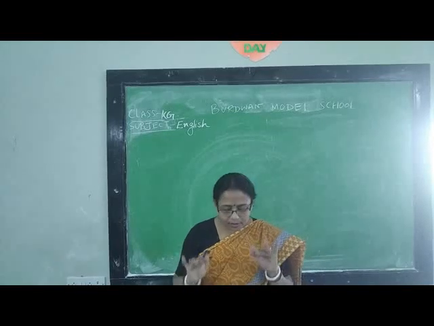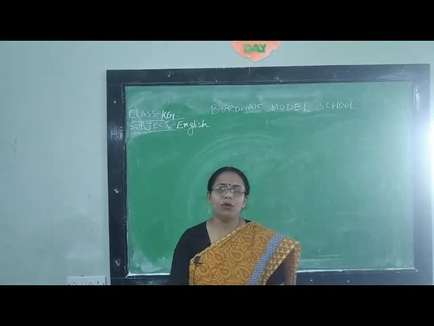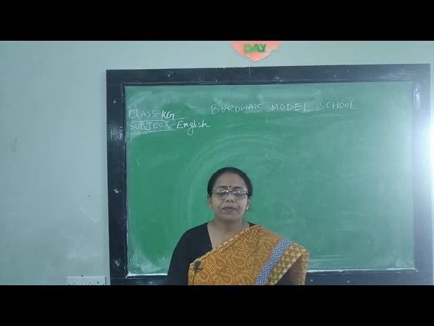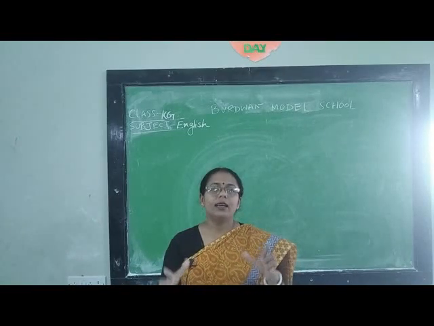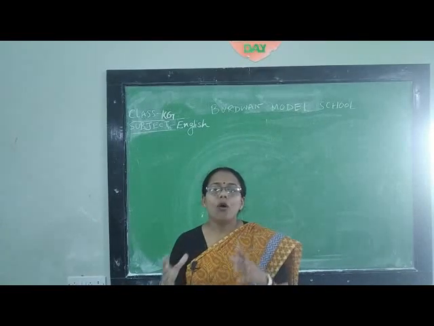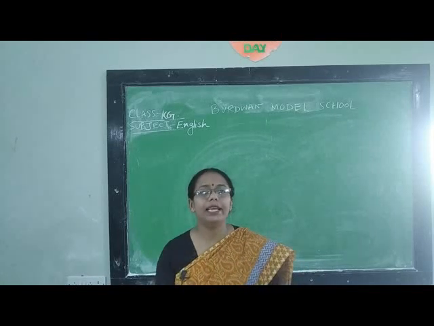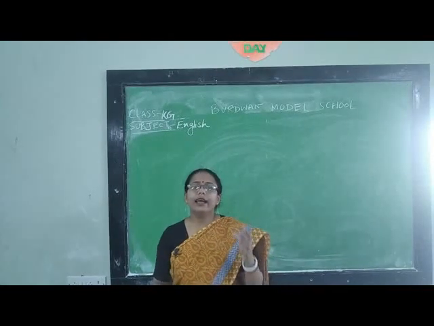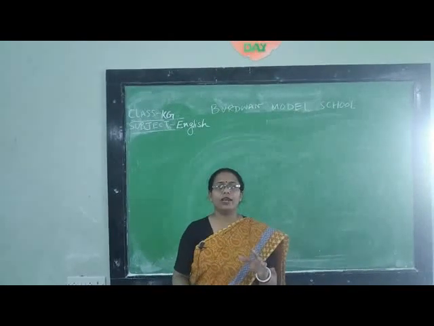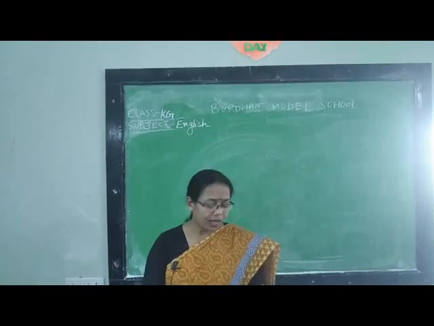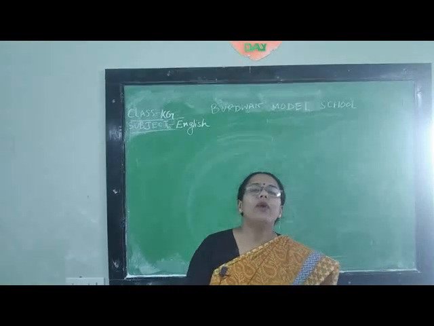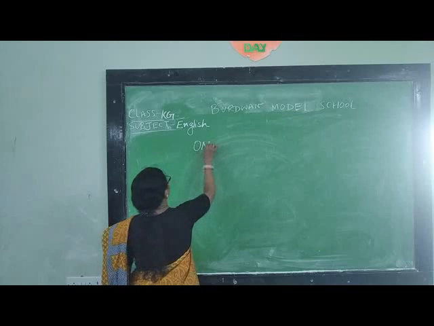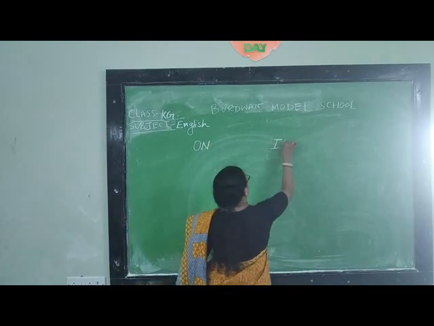Just now I am going to teach you about place, where to put or where to use. It's just the definition of a thing, where it has been placed. Preposition is nothing but the location of a thing, where it has been placed. Now let us see where to use on. So first of all, where to use on? We are going to use on and in.